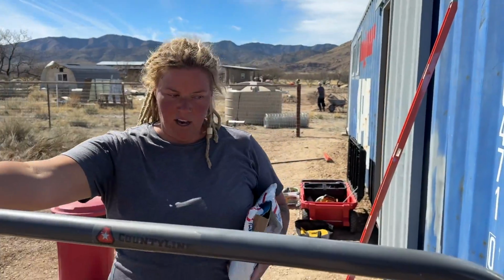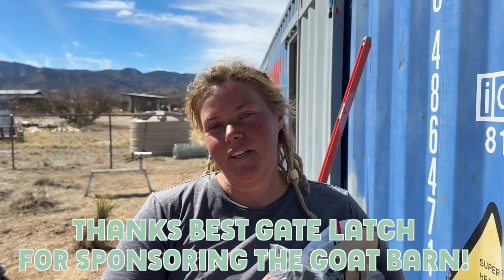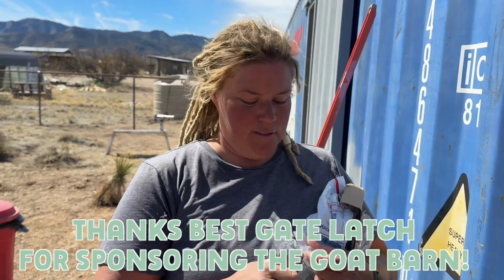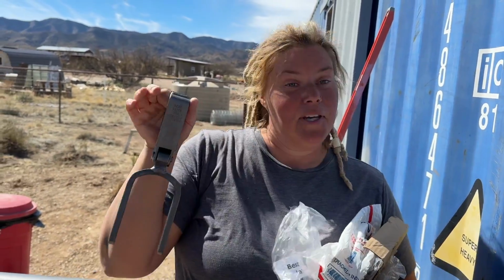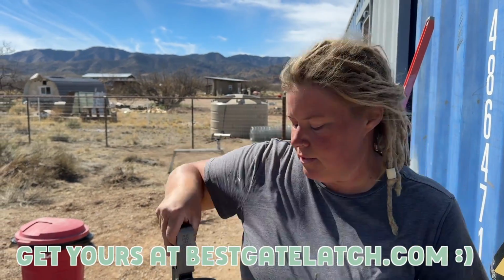Alright, we have our gate hung, which means it's time to put on the best gate latches in the entire world. We have 5 of them already here on the property. This is the first time that we've got weldable latches, and we're loving the way it looks. Look how clean and nice. This is the best latch because...